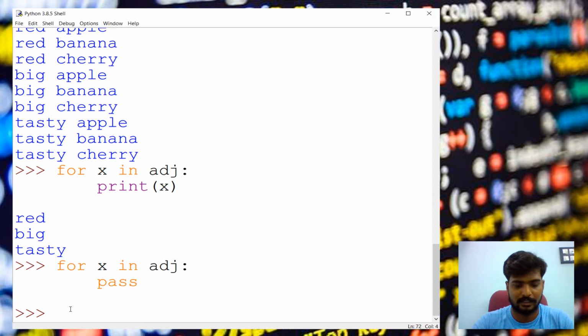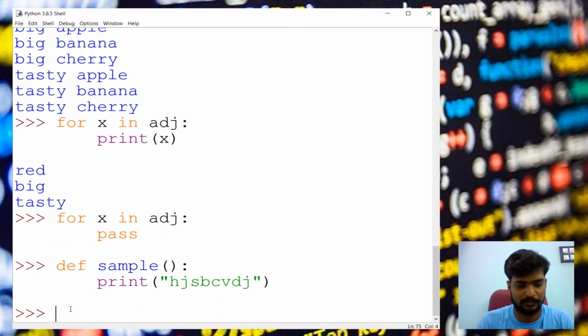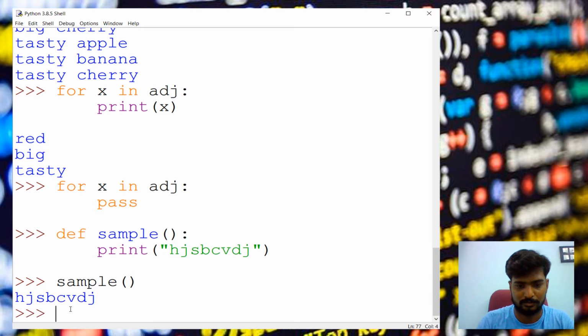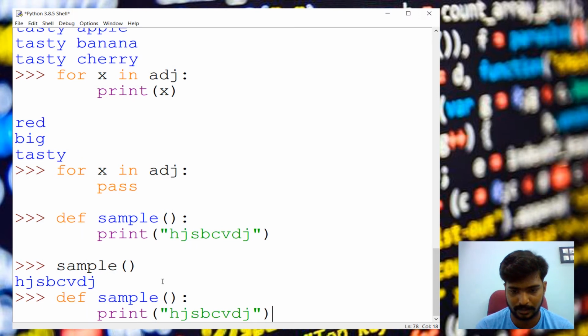Now we'll see functions. Yesterday we saw a simple function as a sample. We will see a function with parameters today. We saw it like this: print something, and we can end this. Then we can call this function sample now. So it's a simple function in Python. Today we will see a function with parameters, so we can copy the same and give some parameter here, like x. So we are going to print x.